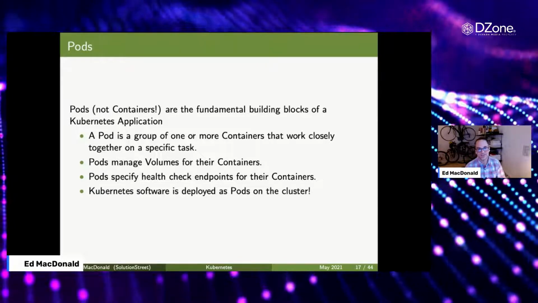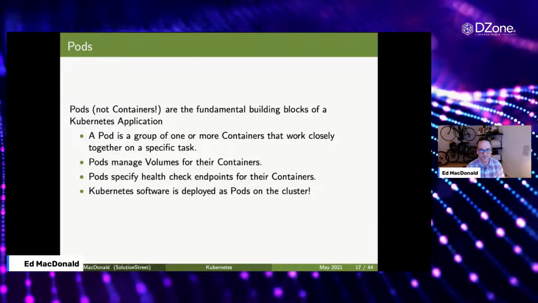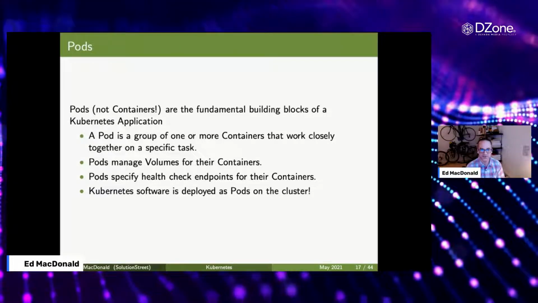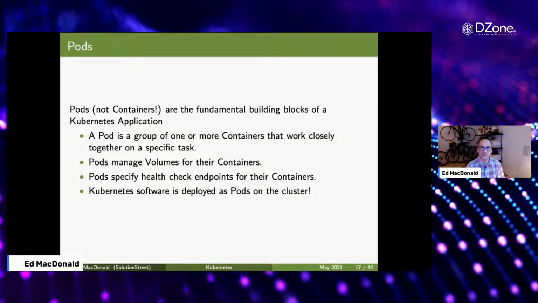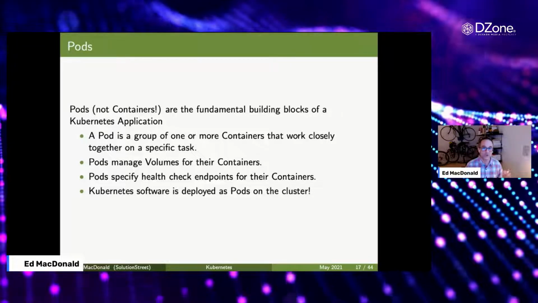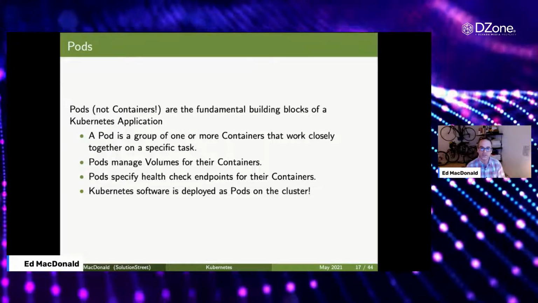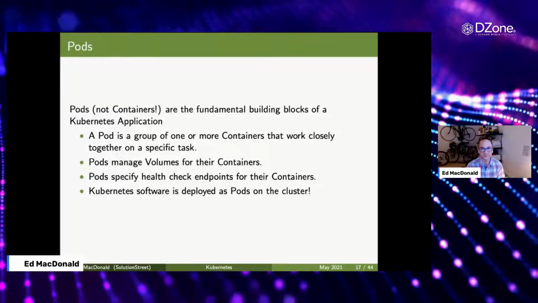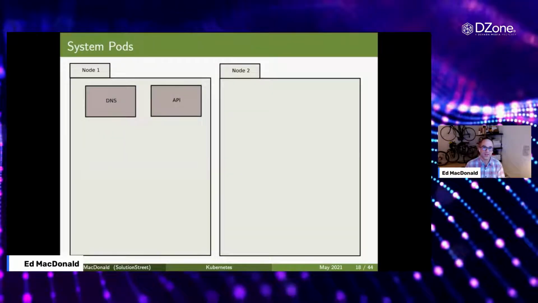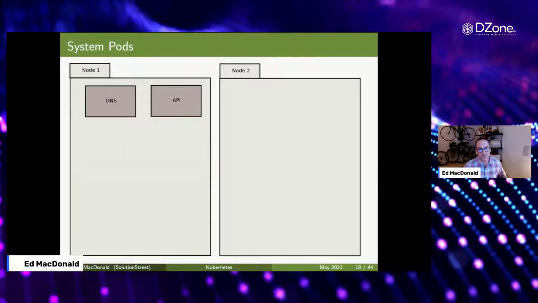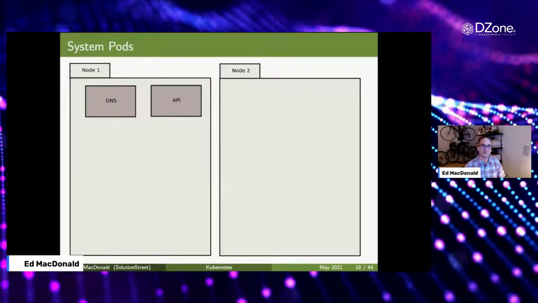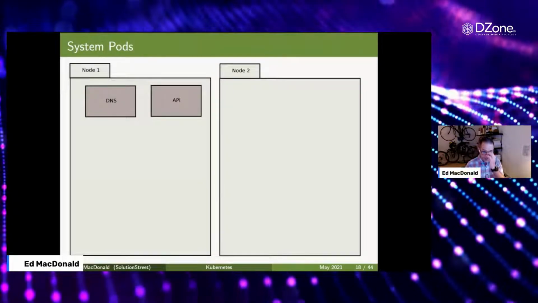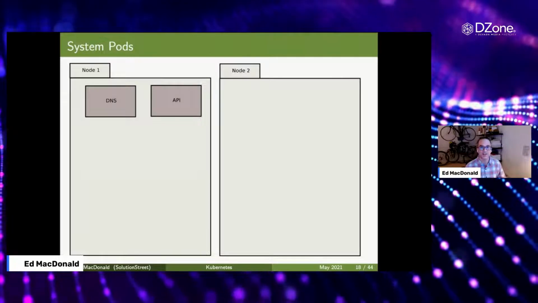And here's the Kubernetes eating its own dog food bullet. The Kubernetes software itself, like the software that we call Kubernetes, is just deployed as pods in the cluster. So this is a gross oversimplification. It's more complicated than this, but 2 pods that you can think of that Kubernetes deploys that are system pods to the cluster are the